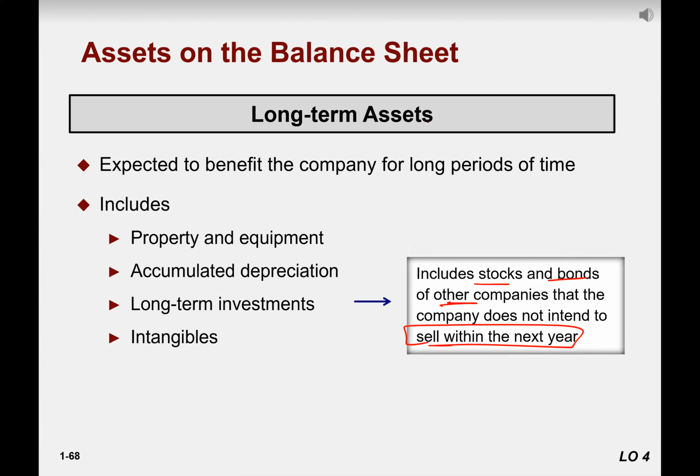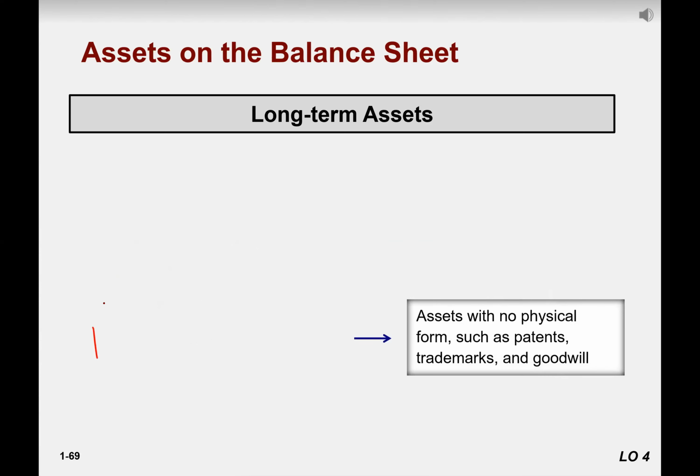These are our resources. Yes, they'll give us future benefit, but that benefit is going to be received after a year, at least after a year, for more than 1 year. It can be 3 years, 4 years, 5 years, 6 years, 10 years, who knows? And then intangible. Intangible means